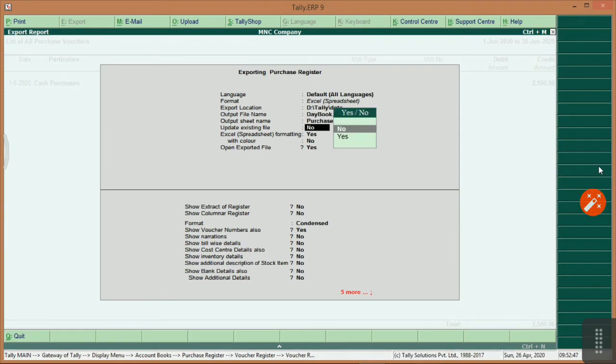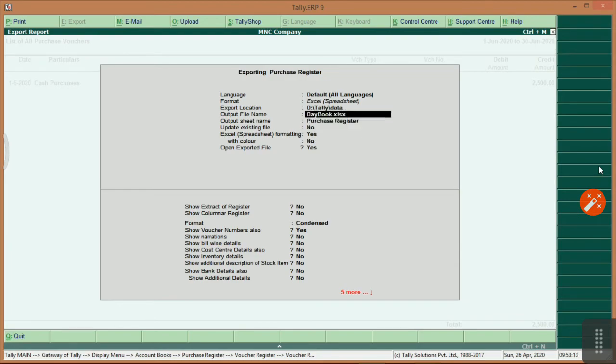Update existing file: no. Why do these options reflect? Whenever you export the file every time, and if the file name is daybook, then every time a new sheet will be created in Excel. New sheet, not file. So it is better to give a different file name so that you can understand.